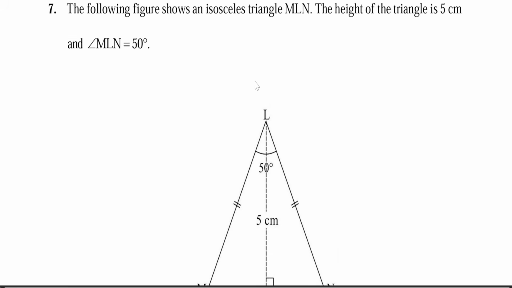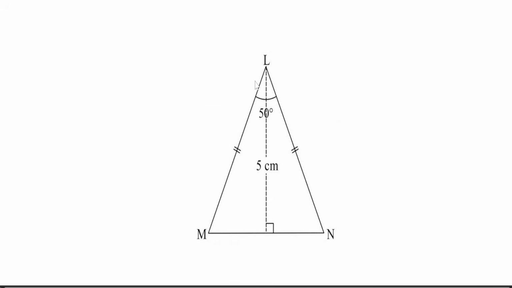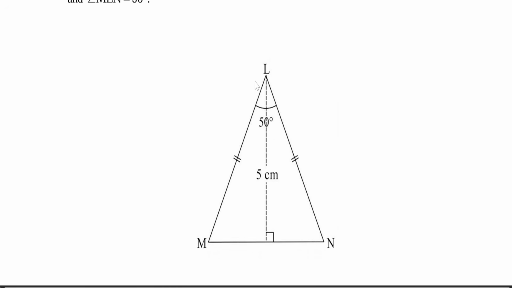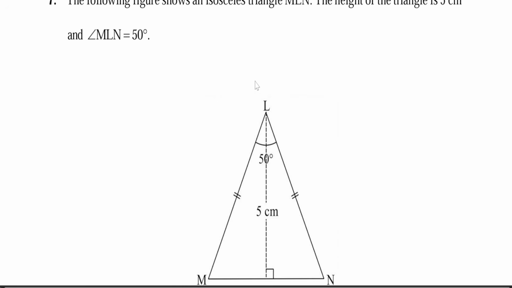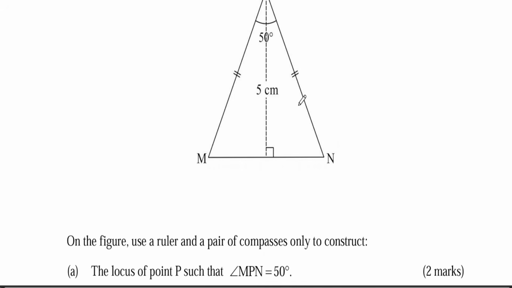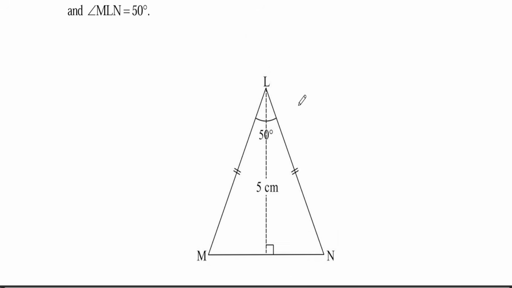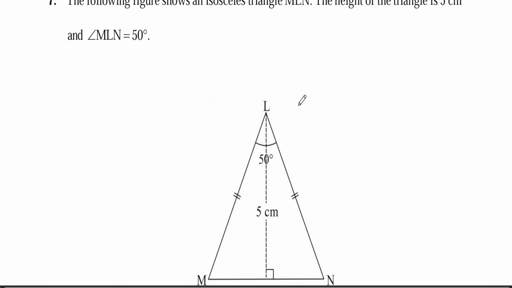So for the first question, you are told the locus of point P such that angle MPN is 50 degrees. So the locus of that point is usually a circle, because you are told the locus of point P such that MPN is 50 degrees. So you don't know where your P is. So basically it's just a circle that touches L. So you should draw